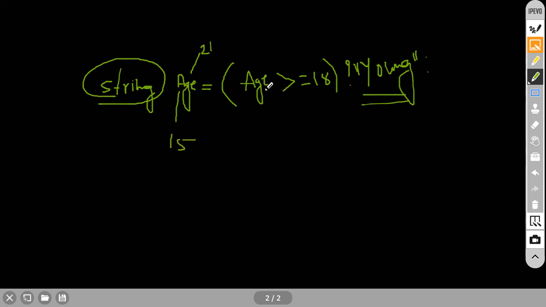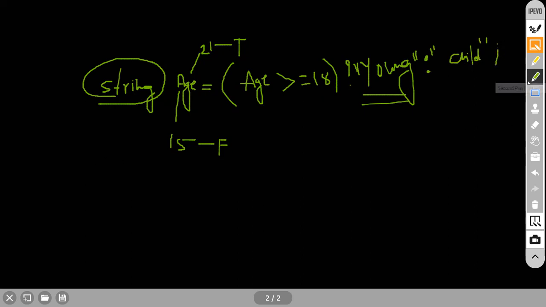So that time what happens? Actually, this condition becomes false. Yes or no? For this 15, the condition will become false. For the 21, the condition will become true. So that is the reason. So here is a colon, this is colon, guys. Don't forget. Okay, this is colon. Now I am going to say is a child. Clear? Then semicolon. That's it.